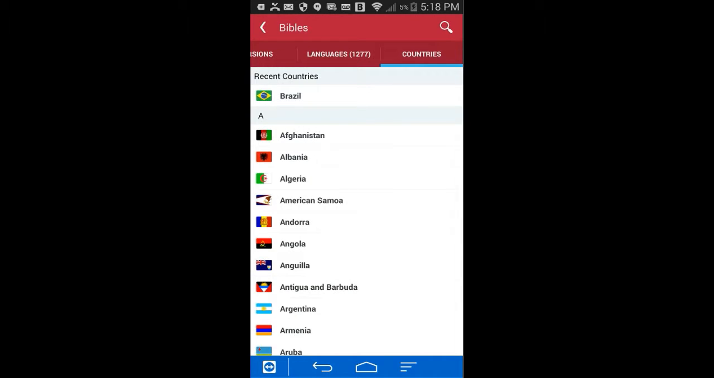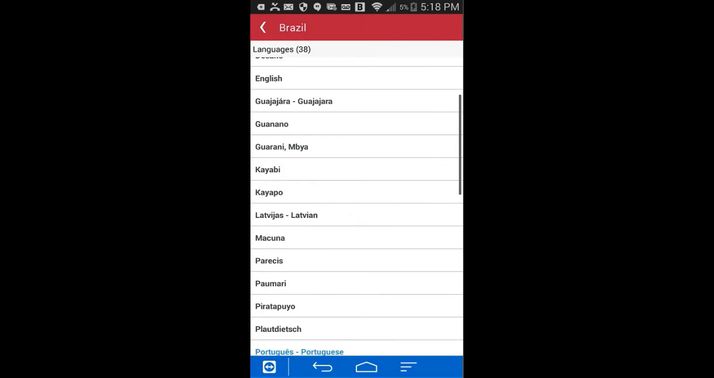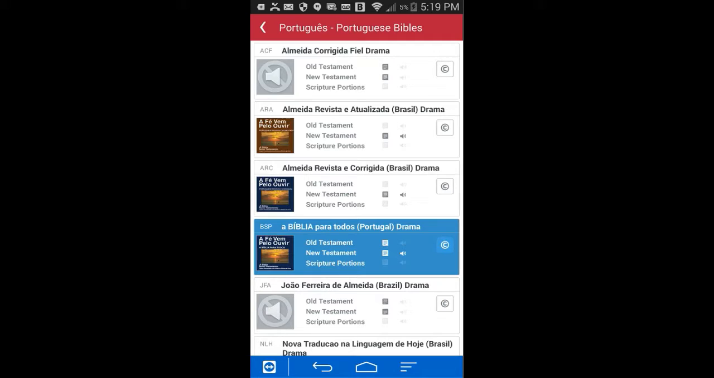You can also request Bibles and the Jesus film by country. In this case I've selected Brazil. You can see the various languages of Brazil. I'm going to select the Portuguese version, and now I get the various Bibles. I'm going to select the Almeida Revista Brazil drama version. It only has the New Testament version on it, and so I've